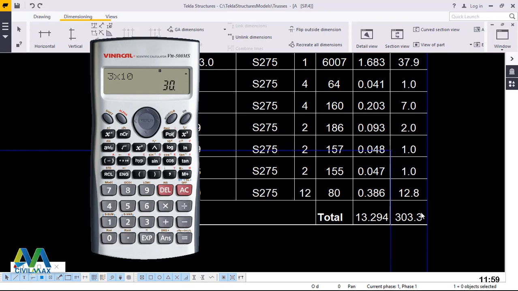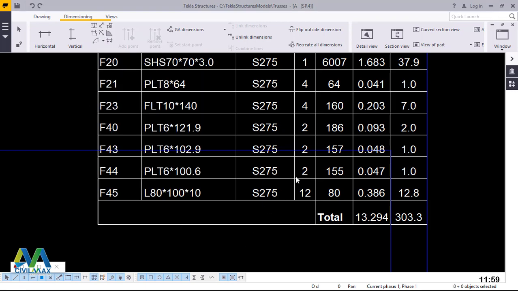Now 30 times this, 30 times 303.3, we'll multiply that. The simple math, 30 times 303.3. I'll click that. We'll have 9 tons. Our total truss will be 9 tons. That's it. Now,